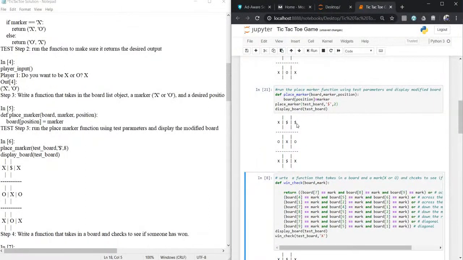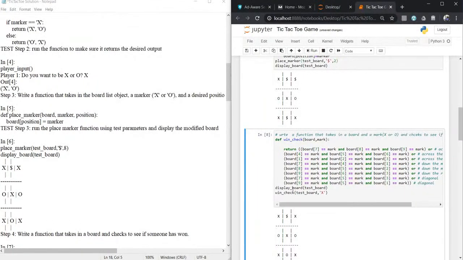If we get three in a row, that is 3 verticals and 2 diagonals, these are the winning positions. So whether 7, 8, 9, or 4, 5, 6, or 1, 2, 3 are equal, or 7 4 1, 8 5 2, 9 6 3, or whether the two diagonals 7 5 3 and 9 5 1 are equal.